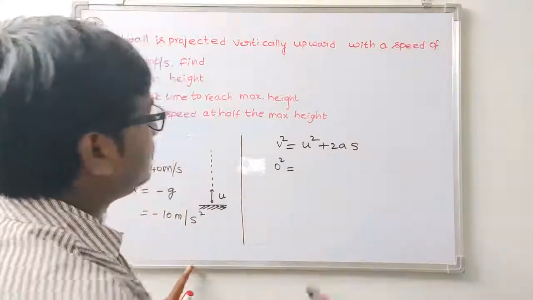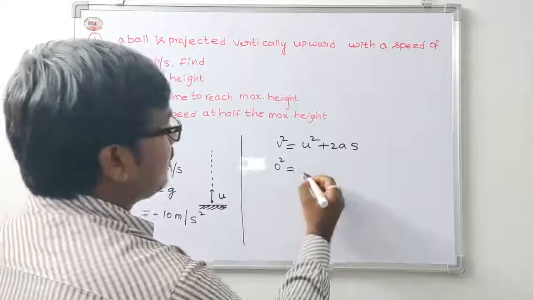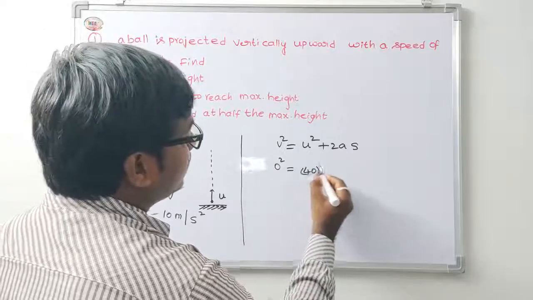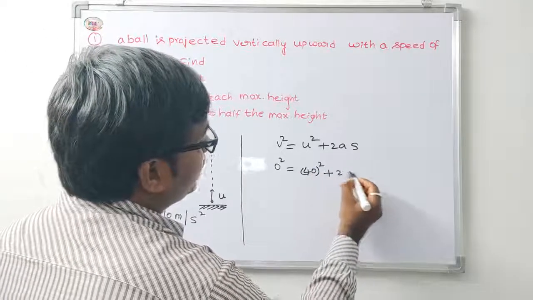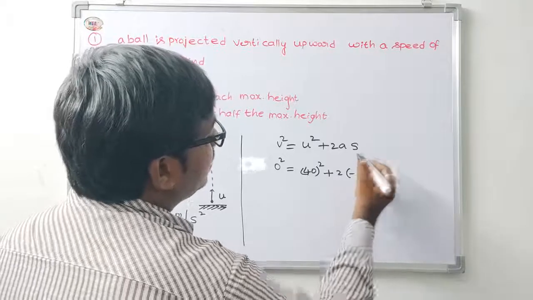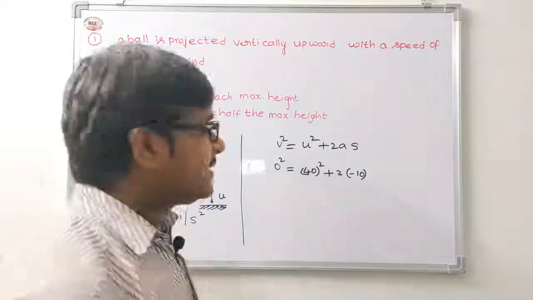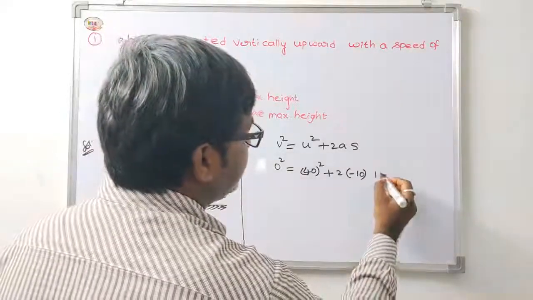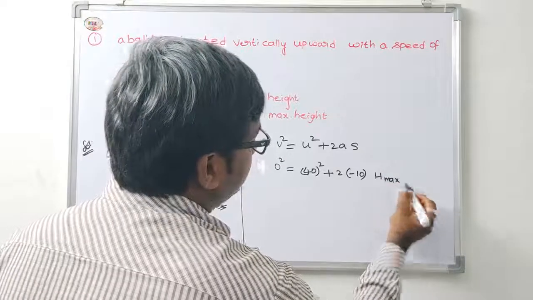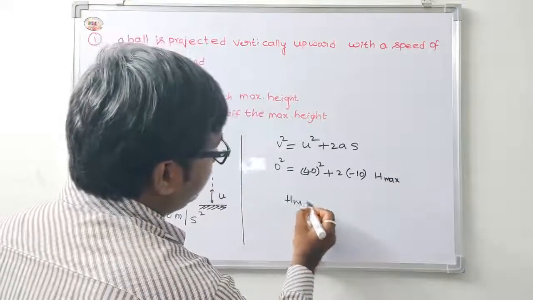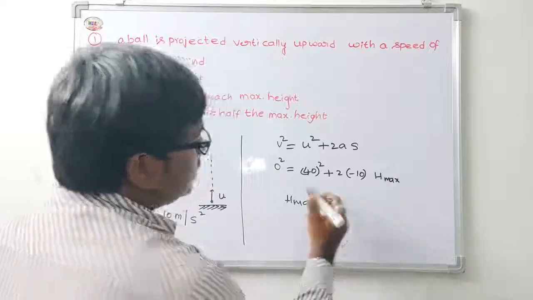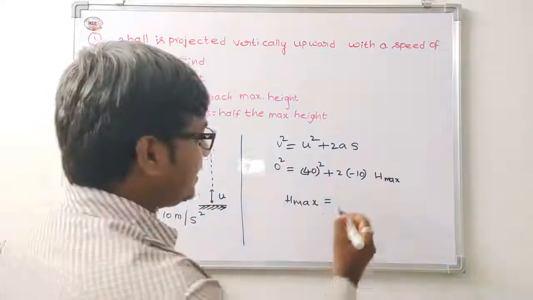So 0 square is equal to u value 40, so 40 whole square plus 2 into minus 10 into displacement, which is the maximum height, h maximum. Then h maximum is equal to 40 square, that is 1600